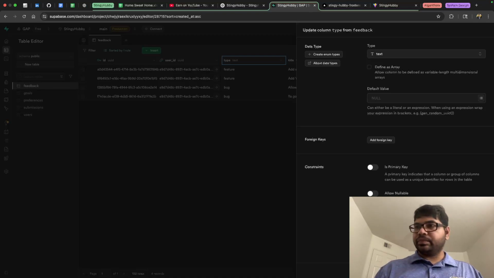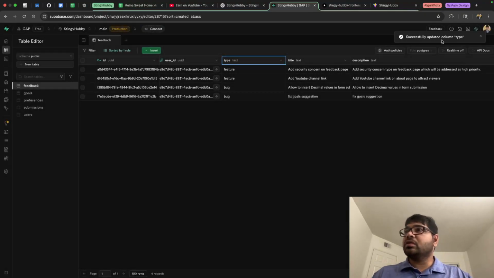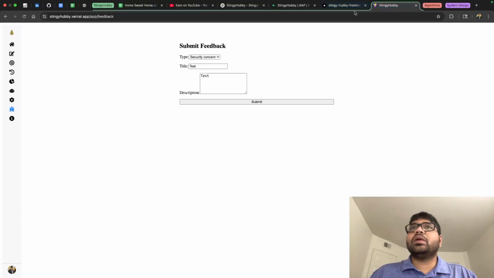So control V, and then one more, instead of bug we would have security, and then that text is there. And what we would do is save it over here. So once we save this, we have successfully updated column type, and now I think we would be able to